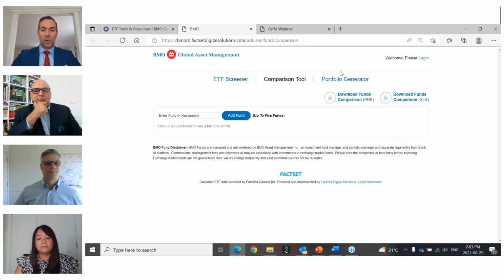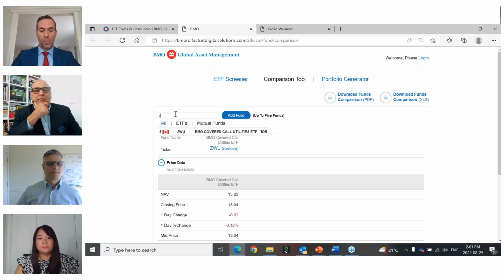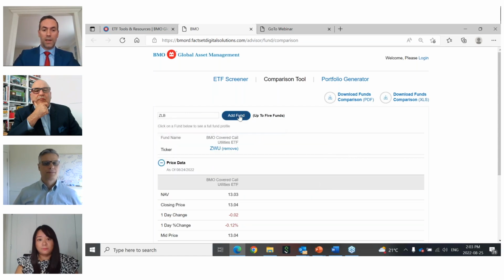For our screener tool, whenever you click on that link that Alain demonstrated earlier, you can see our comparison tool is one of the first things that pops up. You're able to view up to 5 different ETFs, and by plugging in the tickers, it comes up right away. Here I'm choosing the ZWU. For example, we'll go ZLB, some low volatility Canadian equity,